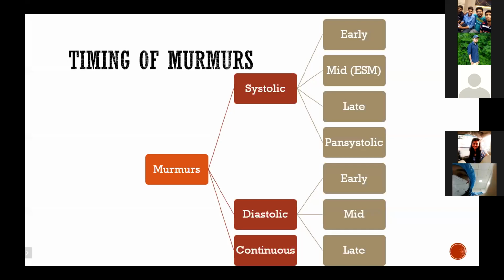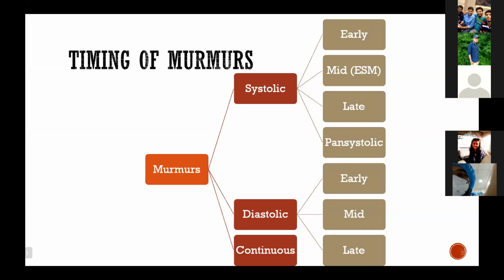From the aortic area, you can gradually inch downward towards the apex along the precordium, and you'll be able to figure out which is S1 and S2. Based on that, you can understand which is the systolic murmur and which is the diastolic murmur. If the murmur is present between S1 and S2, it's a systolic murmur. Between S2 and S1 is a diastolic murmur. If the murmur begins in systole, continues through S2 and ends in diastole, it is a continuous murmur.